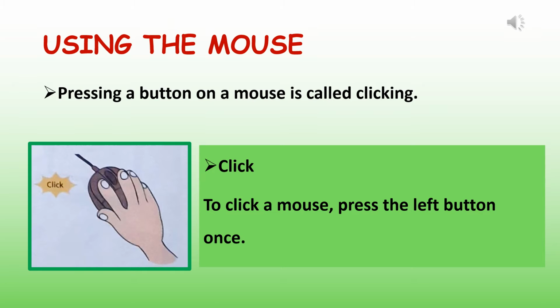When we say to click a mouse, that means pressing the left button once. In case for certain tasks we have to press the right mouse button, then we will call it a right click. But if it is on the left mouse button, which we usually use for drawing, for clicking on some dialog boxes, etc., then we will just refer to it as click.